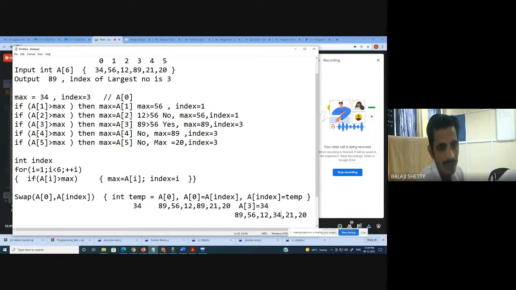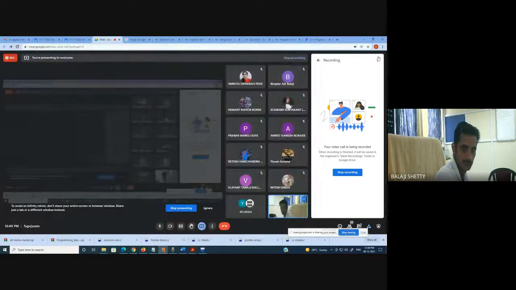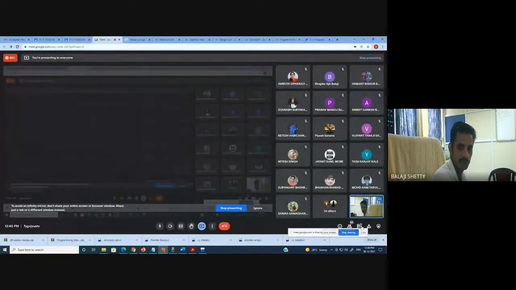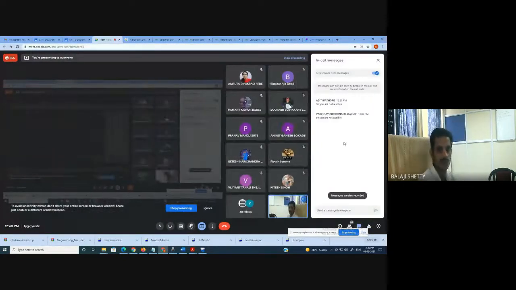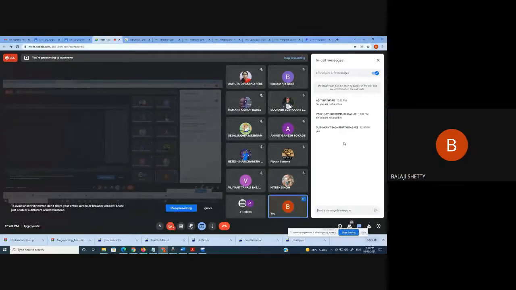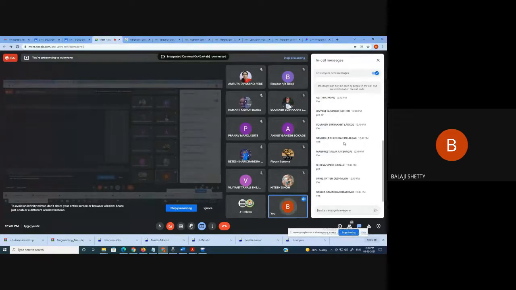Now in the next 2 minutes, I'm going to finish the selection sort. I have just discussed the part of selection sort. Any doubts to anyone? I assume there are no doubts. Let me check the chat box. If you understood, type in the message box. Yes, we understood. Suryakant, Mohammad, Shivam, Aditi, Divyani. Okay, thank you very much. I hope there are no doubts. Still, if you have any doubts, you can ask me after the lecture.